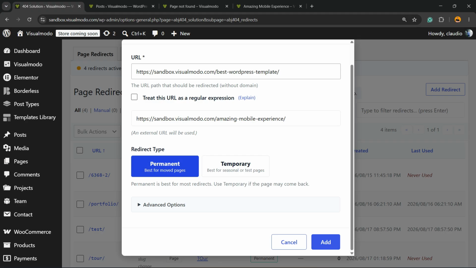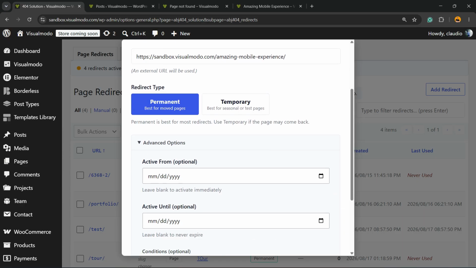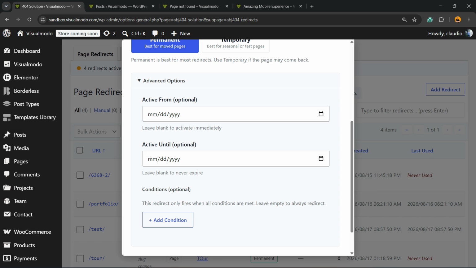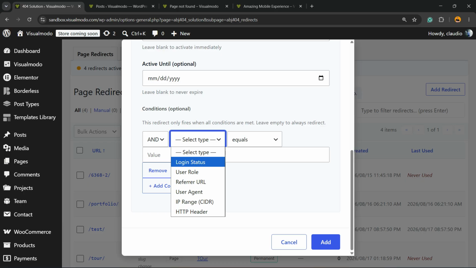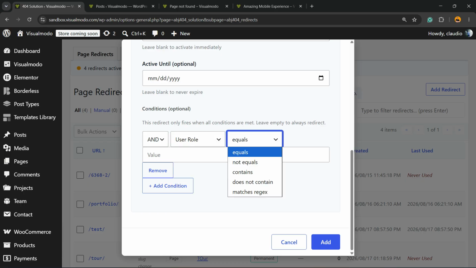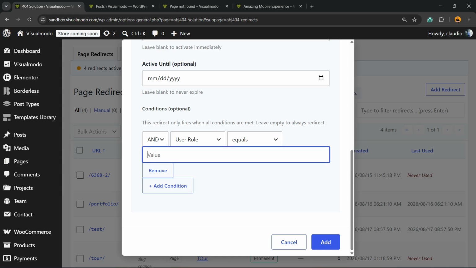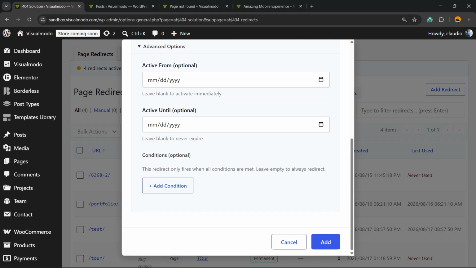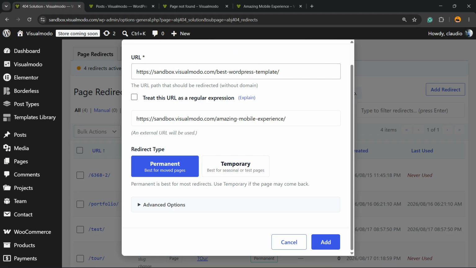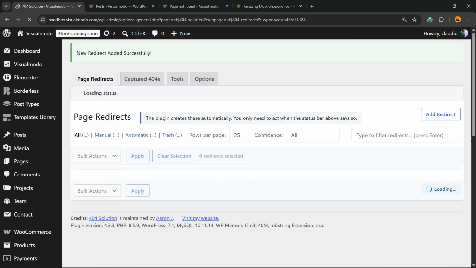It can be a permanent or a temporary URL move. And if you click on Advanced Options, you can make it active from this date to this date or add some condition. For example, if the user equals admin, this is gonna work. If not equals admin, this is not gonna work. But this is an advanced option, okay? You have no need for it. Just skip this step, click on Add,